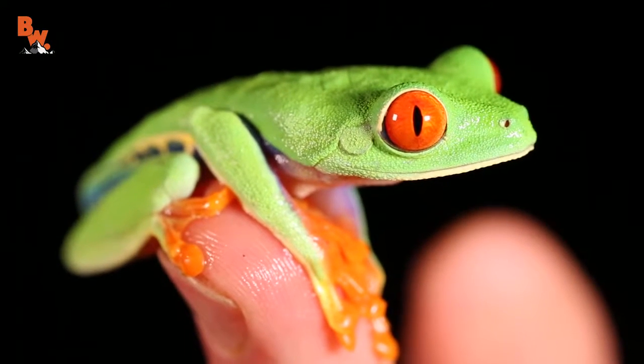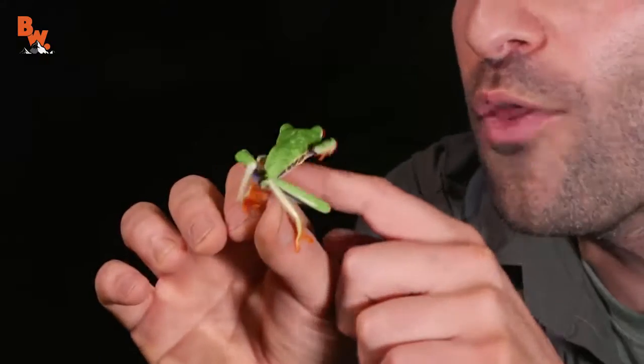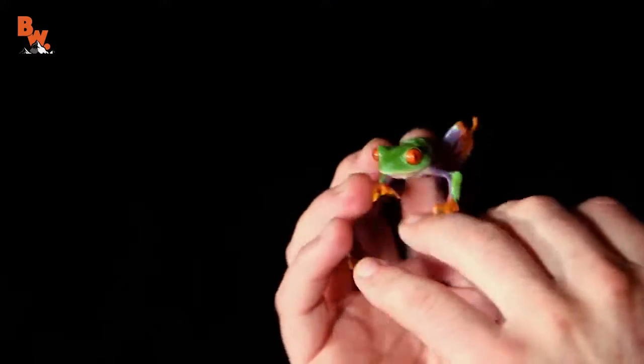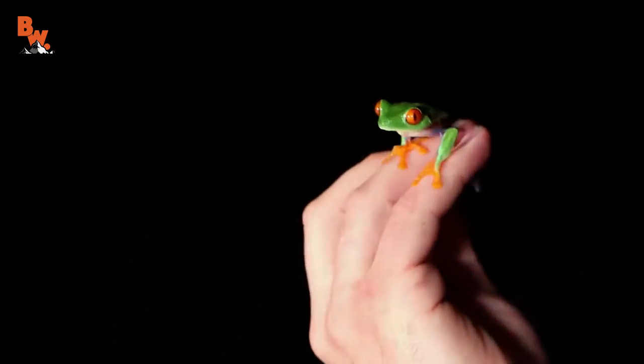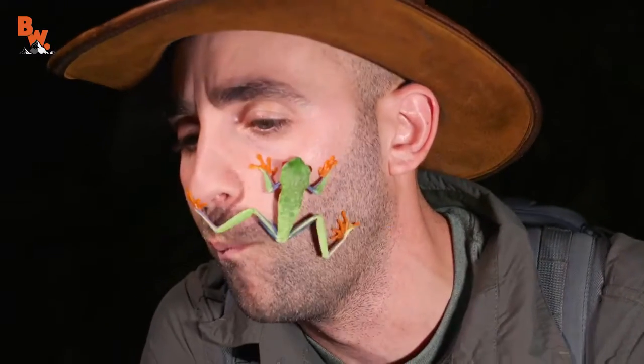I know that everybody out there watching has been asking to see this frog since we made our first trip to Costa Rica. Now, when we were on the West Coast, these frogs do live there, but they were all high up in the trees because it was the dry season. Now here on the East Coast, we have a lot of rains that have pushed through, and